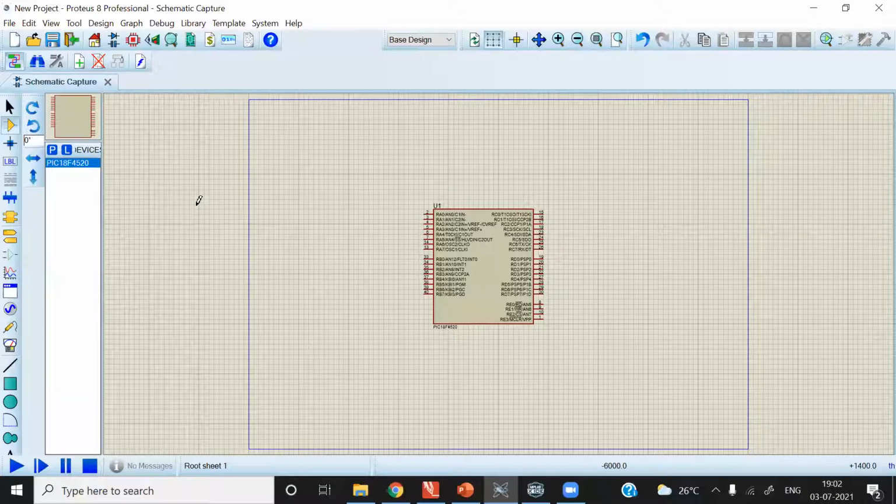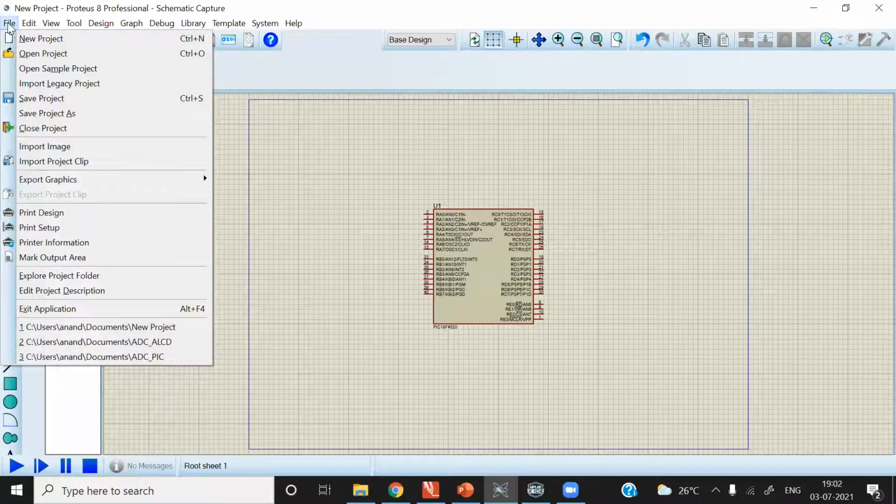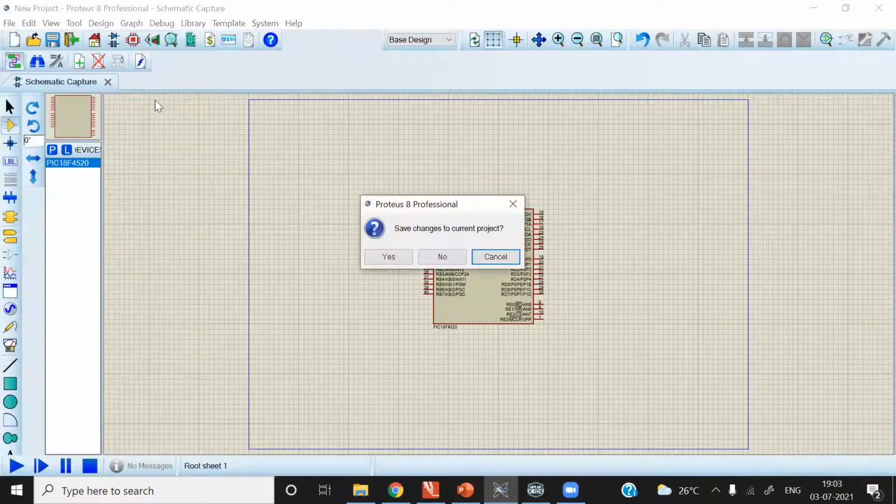So we will go by sequence. First, we will create new project and drag components which are required to simulate our program. According to our program, we will make the connections in the workspace. So the first thing we have to do is create new project. I will show you how. Just click on file, select new project. You can see other options also, but mostly we are going to need open project, new project, and save project. These are the mostly used options here. Others are not frequently used. Just select new project.